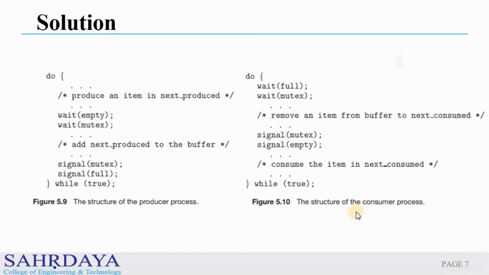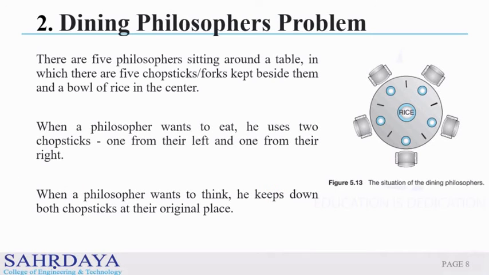Here you can see the pseudocode for the consumer function. The consumer waits until there is at least one full slot in the buffer. Then it decrements the full semaphore because the number of occupied slots will be decreased by 1 after the consumer completes its operation. After that, the consumer acquires the lock on the buffer. Following that, the consumer completes the removal operation so that the data from one of the full slots is removed. Then the consumer releases the lock. Finally, the empty semaphore is incremented by 1 because the consumer has just removed the data from an occupied slot, thus making it empty.